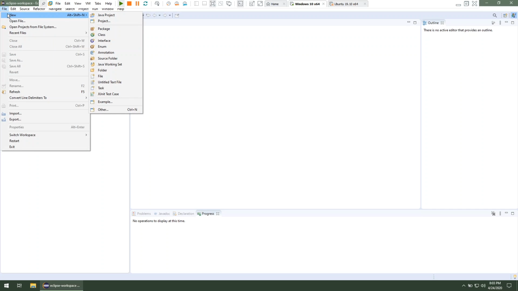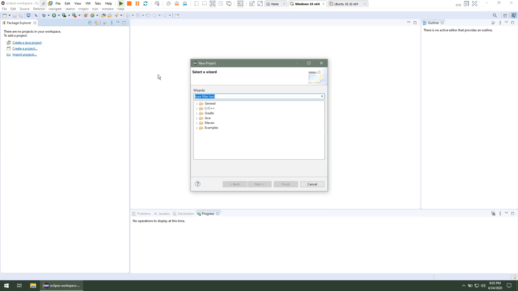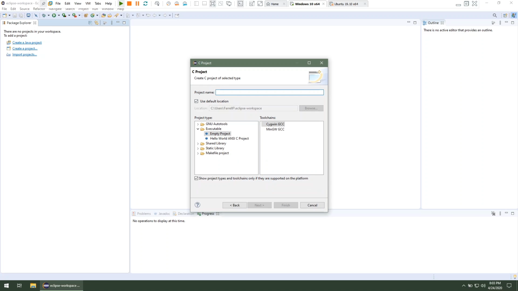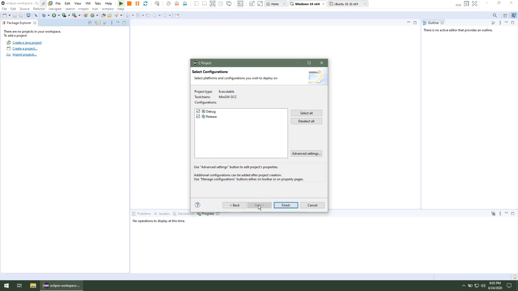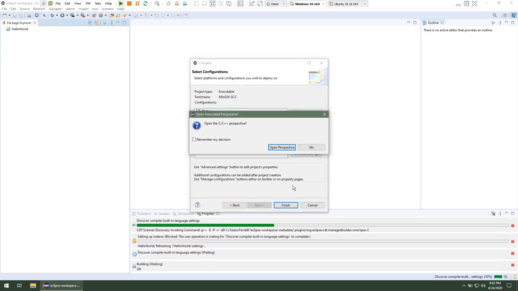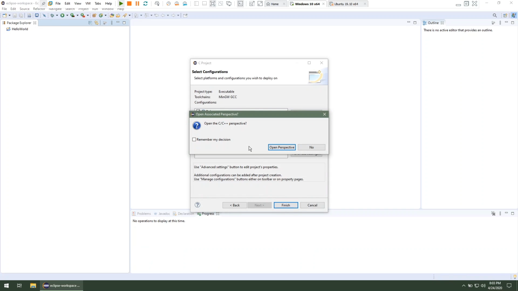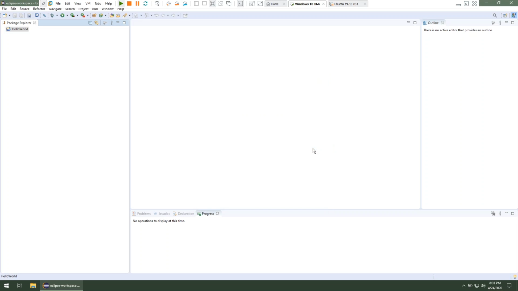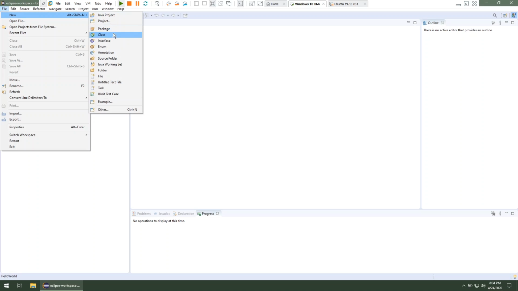So you go to File, New, let's do Project, C, C++, C Project, give it a name. Empty project is fine, and we're using min.gw. Some people like to switch perspectives a lot. I don't, so I'm going to choose not to, but either one is fine. All right, so now we have our empty project, and we can do File, New, Other,